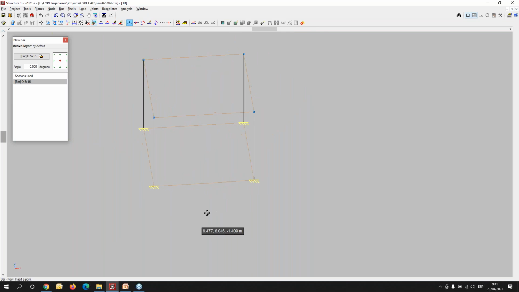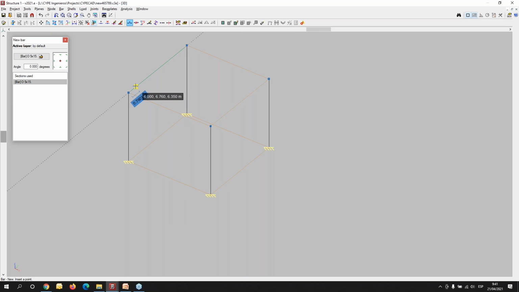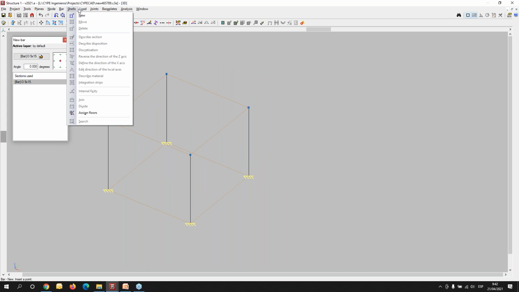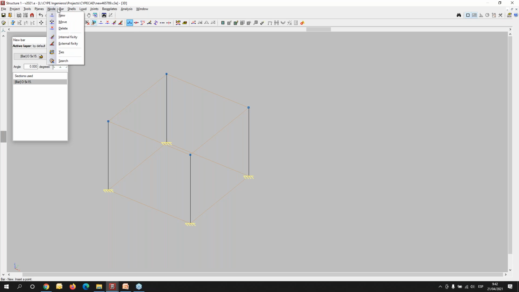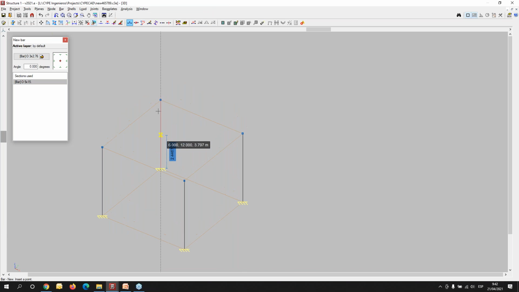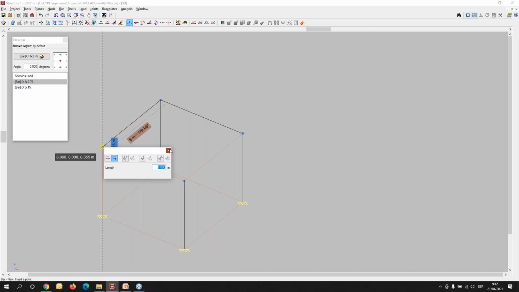In this case, I have the 4 supports, and we can now define 2 bars that will be the base of the generation of the structure and tetrahedrons. I will go to the definition of the bars, and now the section will be different. In this case, the 3 by 276. I used the different nodes to create